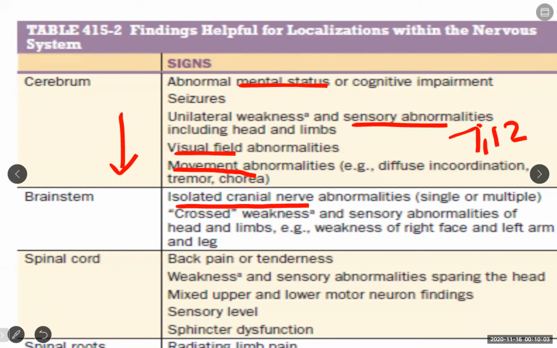So suppose you see a weakness with probably a sixth nerve involvement or let's say a third nerve involvement, you would definitely be suspecting a pathology in the brainstem. A third nerve being a midbrain pathology, and a sixth nerve being probably a pontine pathology. Now, coming further down